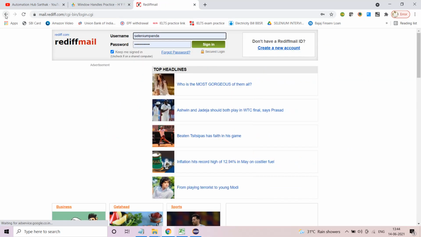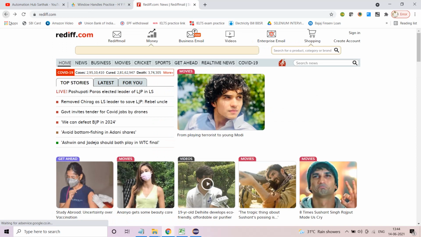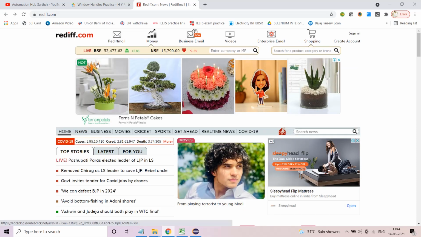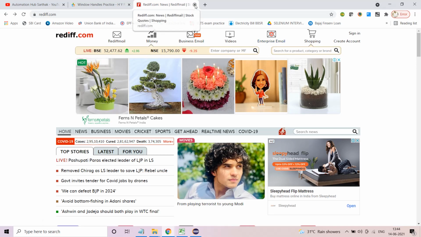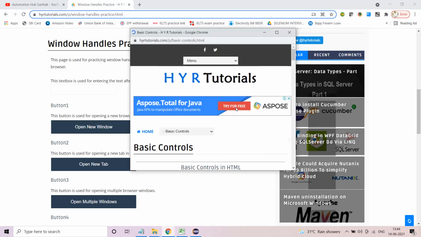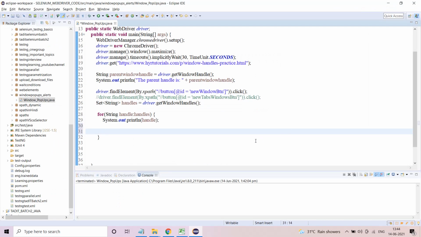If you click on this back button or use navigate back, this is how the navigate method works. But this concept will not work here, because when you click it, it is going to another window, so it is switching to another window. So there is a method in Selenium wherein we can switch to another window.